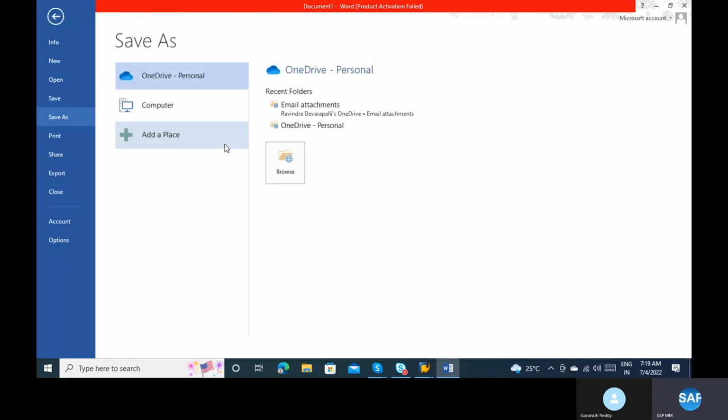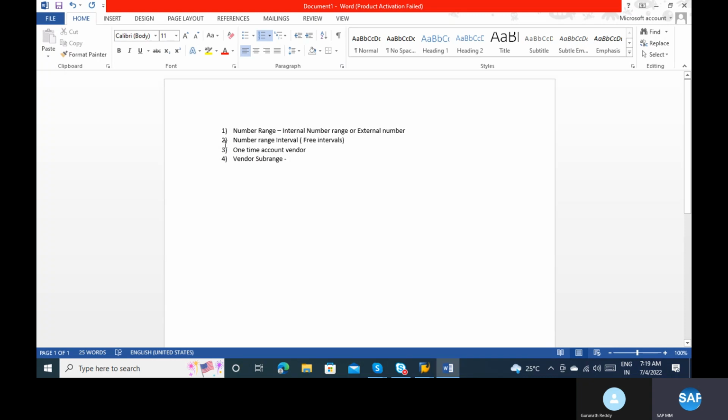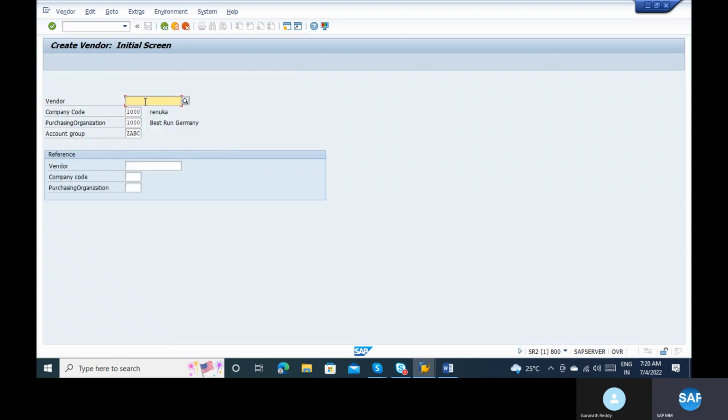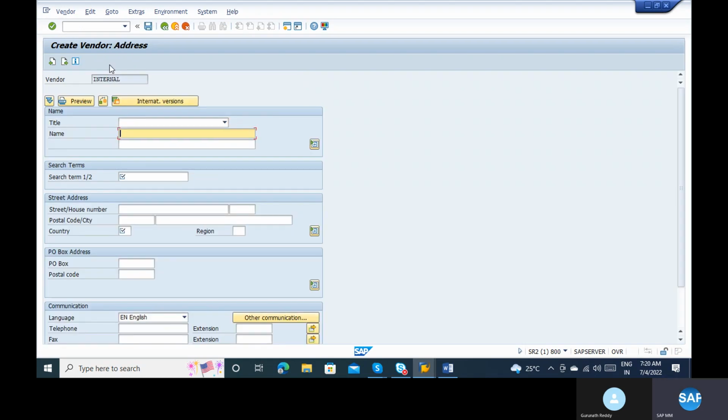I already mentioned this vendor sub-range yesterday. We discussed vendor sub-range when you need multiple purchasing data. Multiple purchasing data means, if you go to XK01 and want to create a vendor master record, let's create one more vendor master record. Suppose I have a vendor,